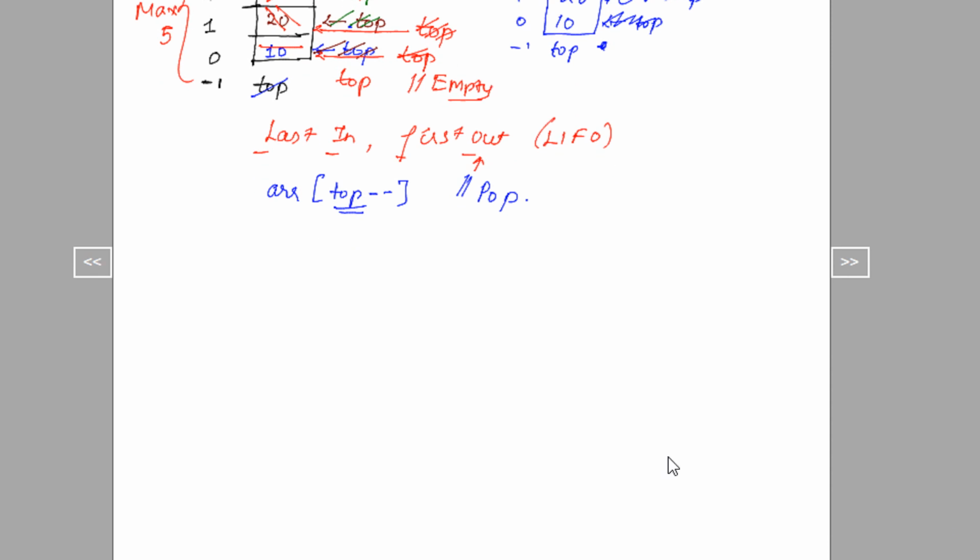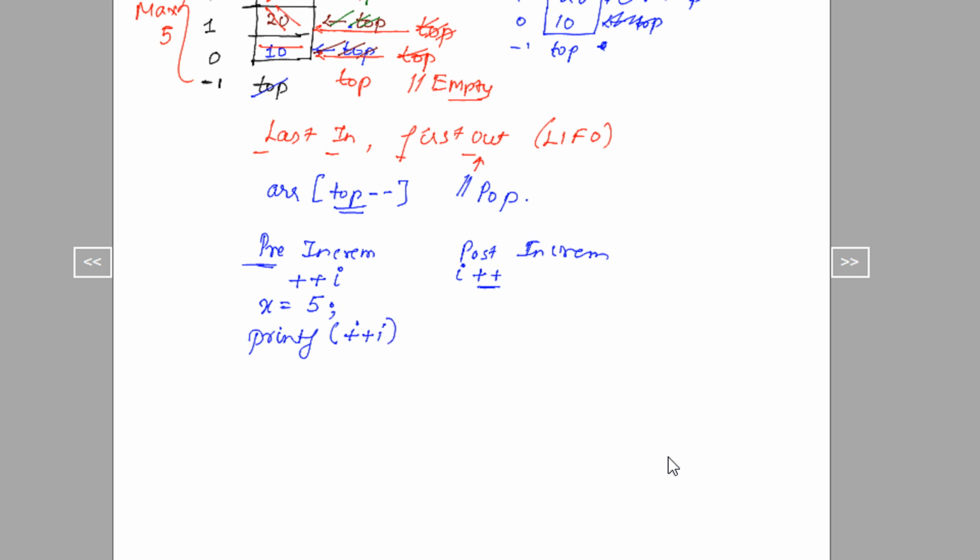you already know what is pre-increment. Pre means before. So this becomes like plus plus I, and we have a post increment. Post means afterwards. So the increment appears after this. Now let's say I do x is equal to 5 and if I do printf plus plus I, what will be the output?